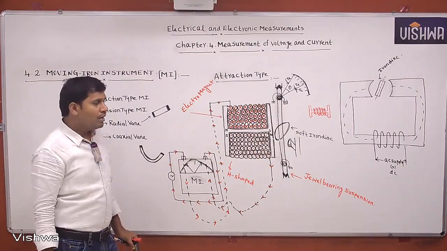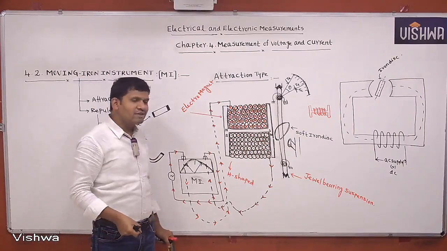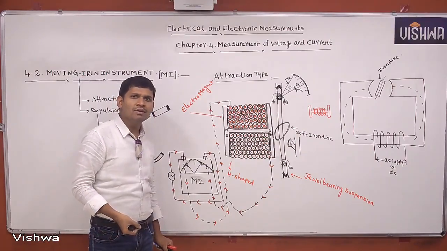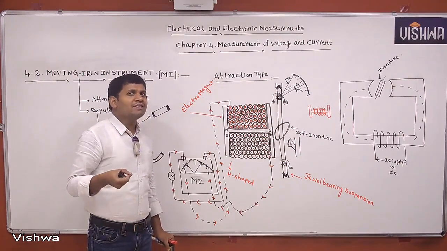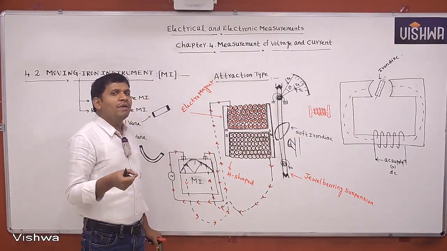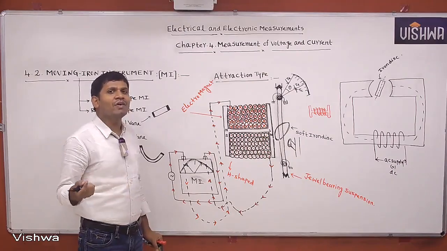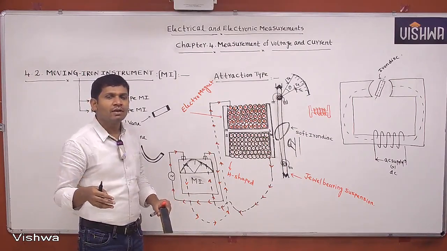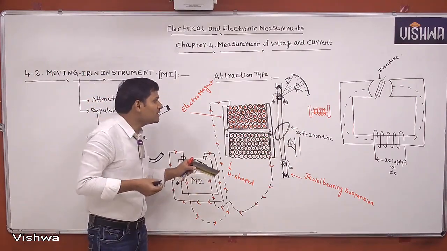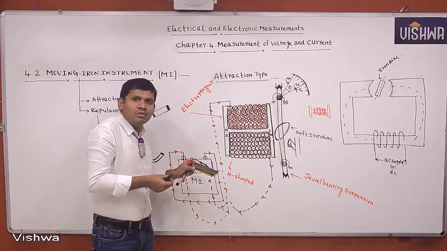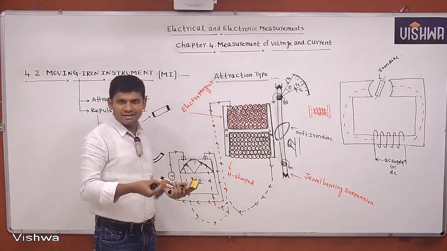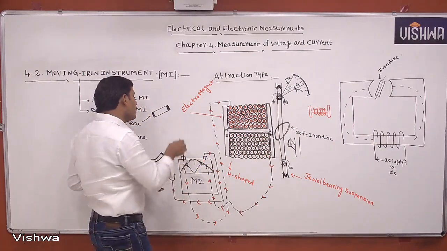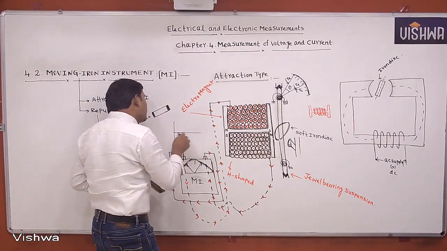But you have a doubt here. Sir, you told that whenever AC supply is given to PMMC, because the average torque is 0, the meter cannot show any reading. Now the question is, sir, how can this meter work for AC supply? Very simple. Whenever alternating supply is given,